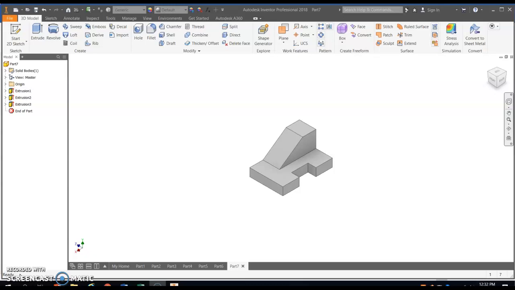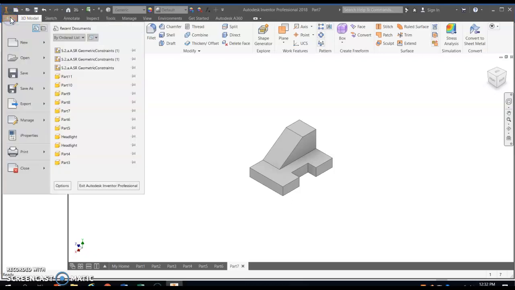This time we're working in Inventor. I'm going to go over some of these shapes and projects that are part of the PLTW curriculum 4.2 model creation. All right, so I already have something opened up, so I'm going to show you how